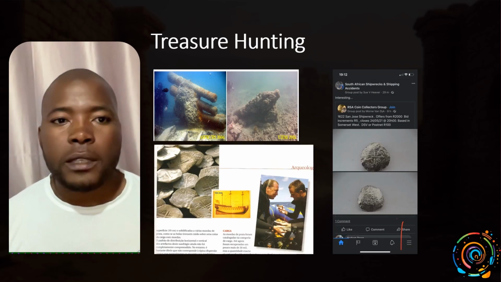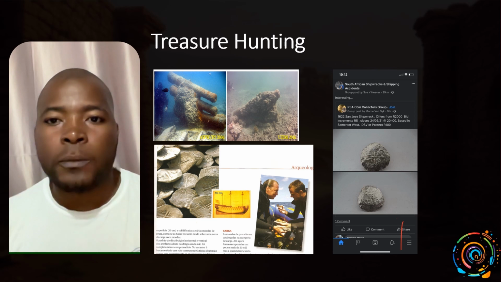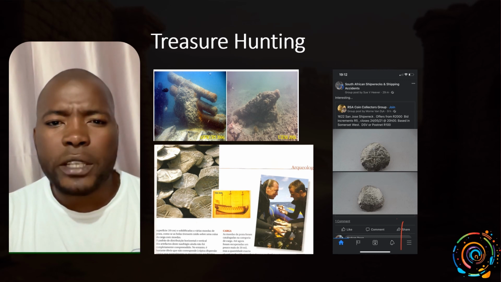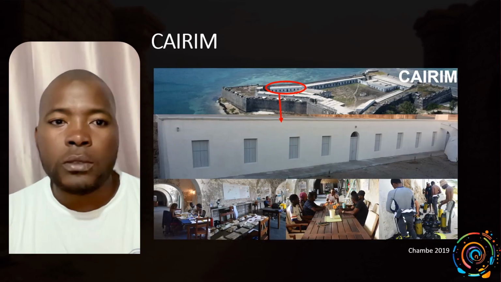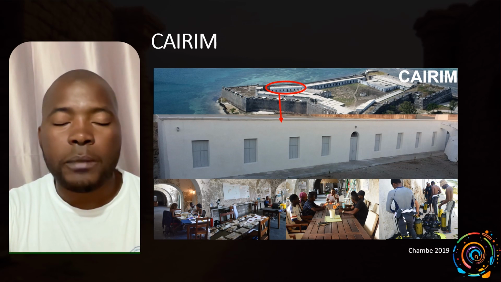One of the biggest threats that we had here in Mozambique is the treasure hunting. For almost 14 years, we had this terrible situation in Mozambique Island where a company was exploiting a number of shipwrecks and excavating these sites to collect valuable materials. So after all this situation, we now turn attention to the northern Mozambique, where all of these threats have been affecting most of the heritage.